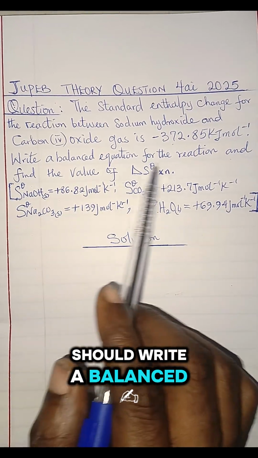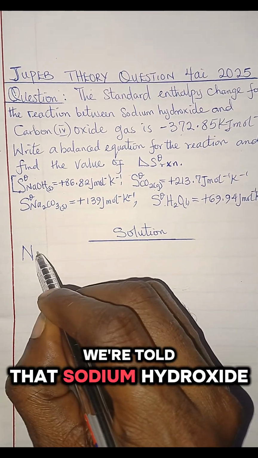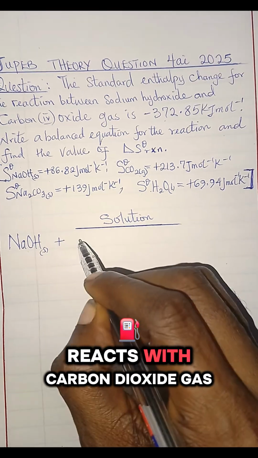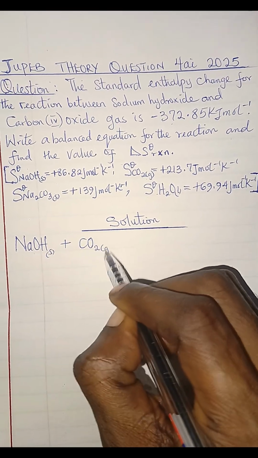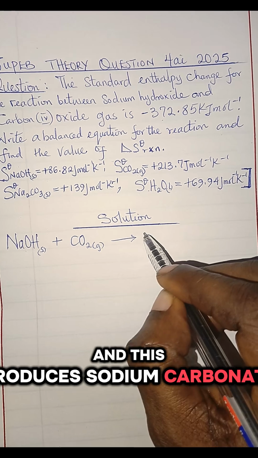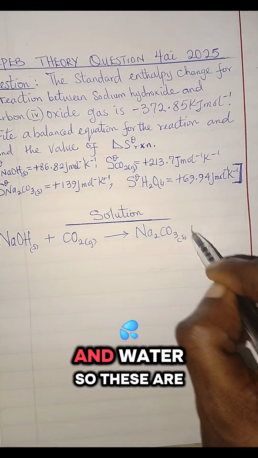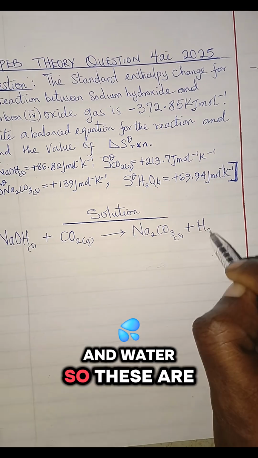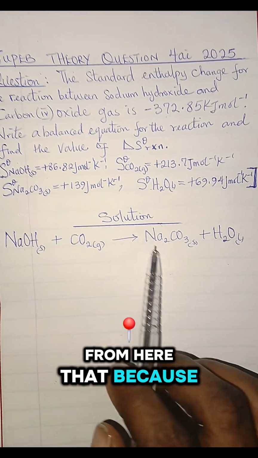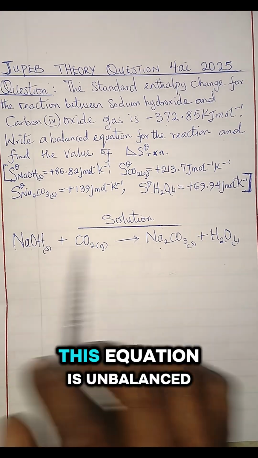The question says we should write a balanced equation for the reaction. So the first thing we're going to do is write a balanced equation. We're told that sodium hydroxide reacts with carbon dioxide gas, and this produces sodium carbonate and water. So these are the products. But we can see from here that because sodium here has two atoms, here sodium has one, this equation is